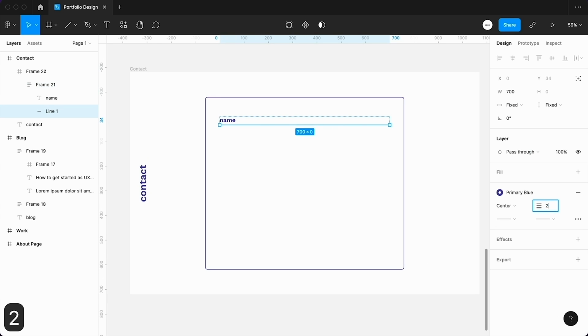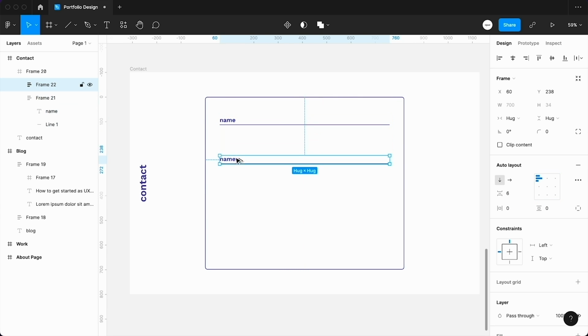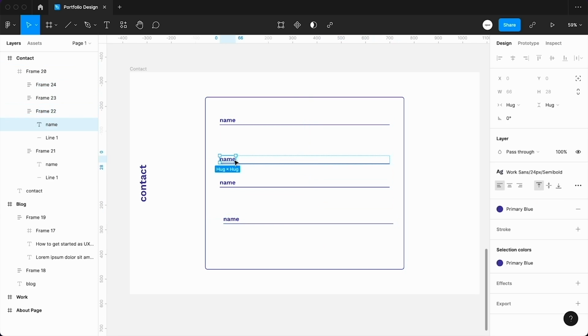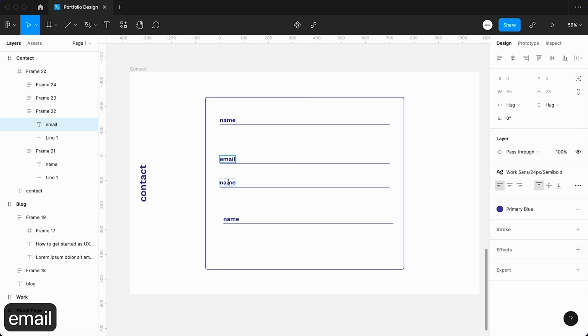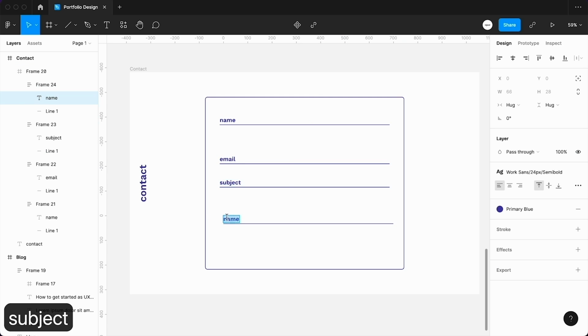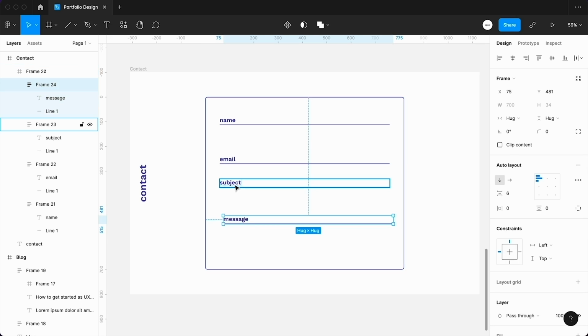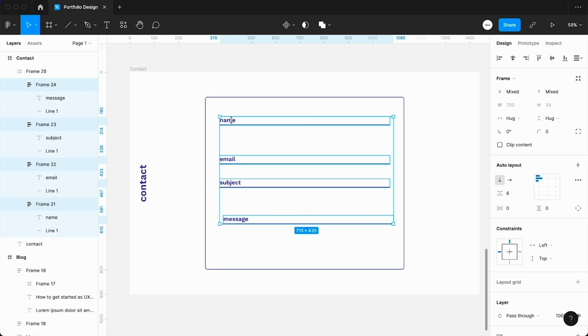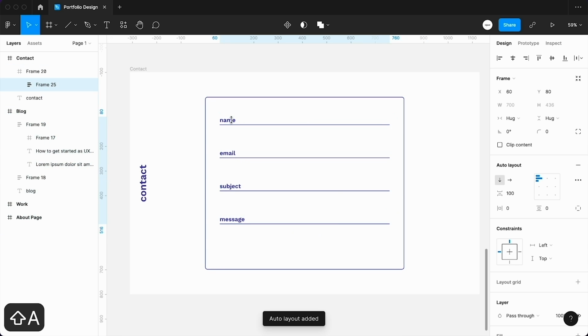Change its stroke value to 2. Now take 3 more copies and change their text. This is email, this one to subject and this one to message. Now select all these 4 elements and add AutoLayout to it and leave the spacing between them as it is,